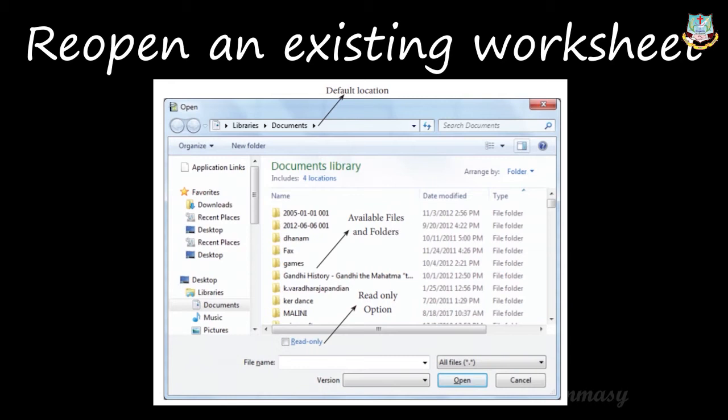If you have saved it in D drive or E drive, you can click it there and select the particular file. The available files and folders will be displayed in the center region, and you can select the one you want to open, and then click the Open button, right?